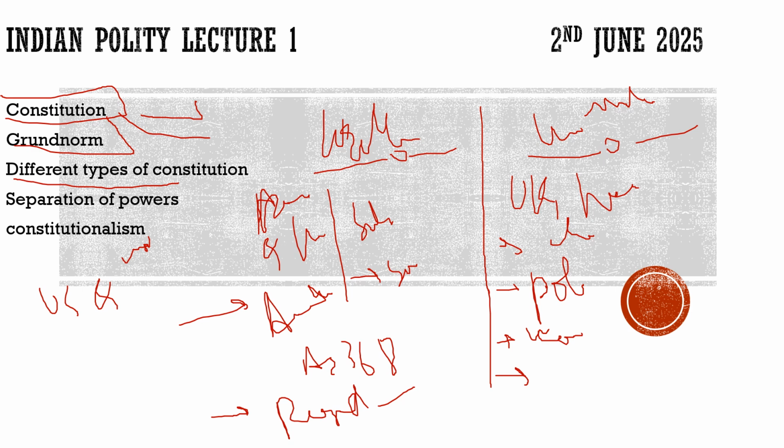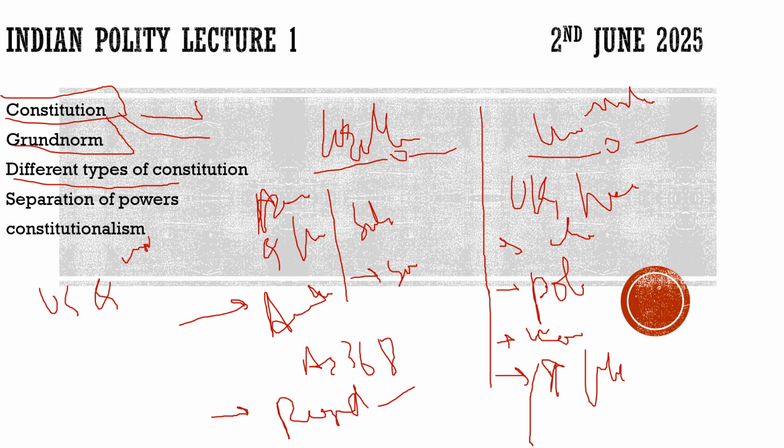And especially as we are talking about the parliament, it is sovereign. You would have heard one statement, often cited whenever you read about the unwritten constitution and the UK: that the UK's parliament can do anything. They can do whatever they want, except change a man into a woman and a woman into a man, but now they can do that too. So it is the parliament in the unwritten constitution which is supreme.